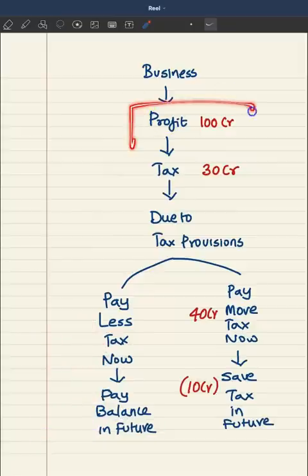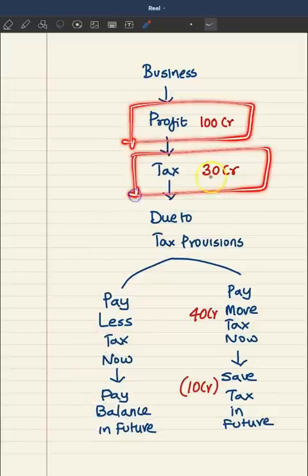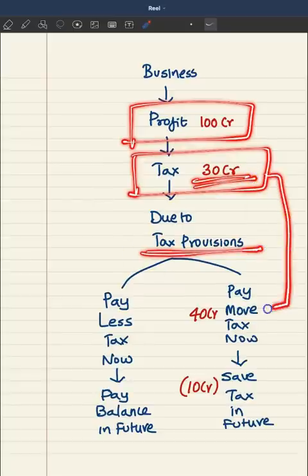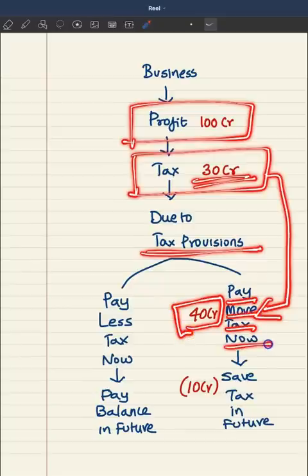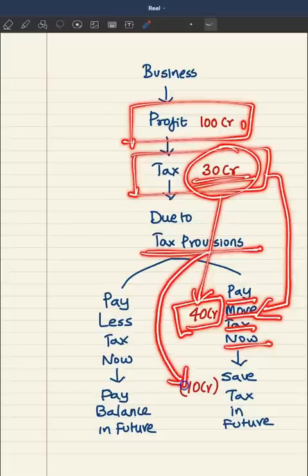Look at here, they made a profit of 100 crore. Ideally, they should pay tax of only 30 crore, but thanks to tax provisions, this entity is forced to pay 40 crore. It means they are paying more tax now. Why am I saying they are paying more tax now? Because they are supposed to pay only 30 crore based on the profits, but they have paid 40 crore. It means they have paid more tax of 10 crore. So this 10 crore, whatever they have paid in excess, will get adjusted in future tax obligations for sure,